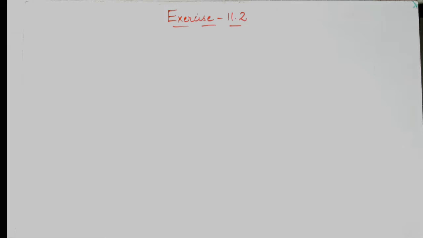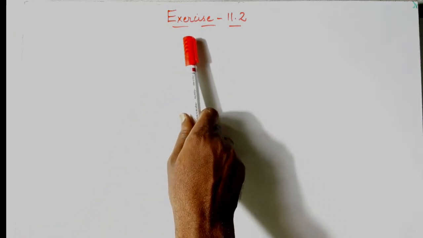In previous videos we have solved the geometrical proofs of 0 degrees, 30 degrees, 45, 60 and 90 degrees. With the help of those trigonometric values, now we are going to solve the problems in the exercise 11.2. So let us see what the problems are and how you are going to solve these problems in this exercise, in what way they are going to be useful. Now in exercise 11.2, the first problem is: evaluate the following.